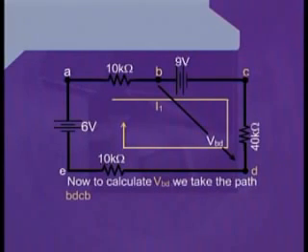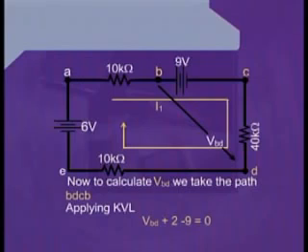Now, because we know the value of the voltage at the point C, or the voltage drop across the 40K resistor, therefore, we can consider an imaginative voltage source VBD. Starting from the point B and taking the path B, D, C and back to B, we can write VBD